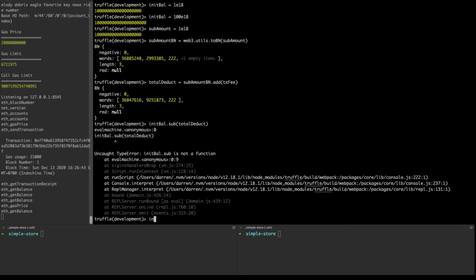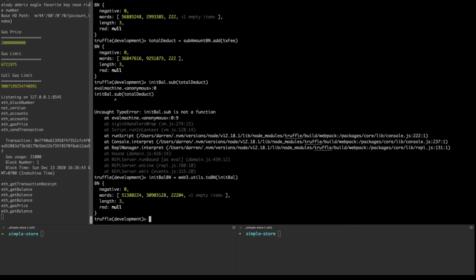The initial balance needs to be converted to a big number. So we say web3.utils.toBN(initialBalance), and then finally initialBalanceBN.sub(